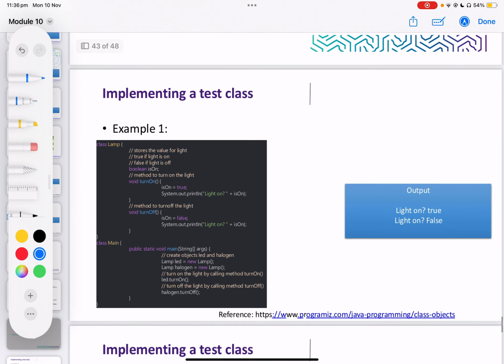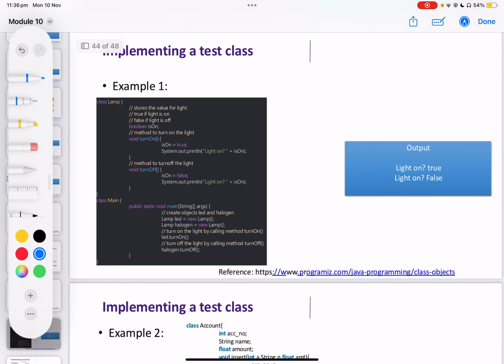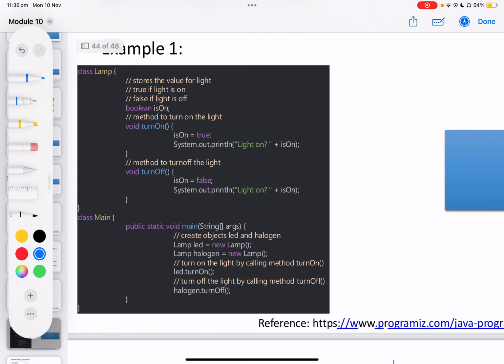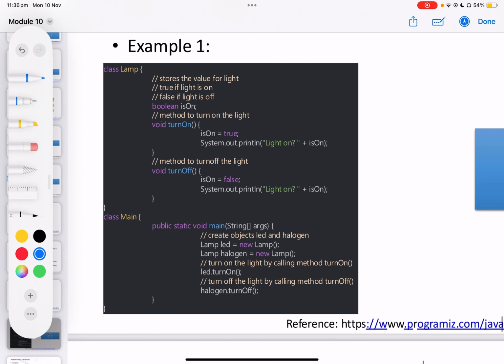Easy. Implementing this class, we're going to take two very easy examples. So the first example is here. I have a class,